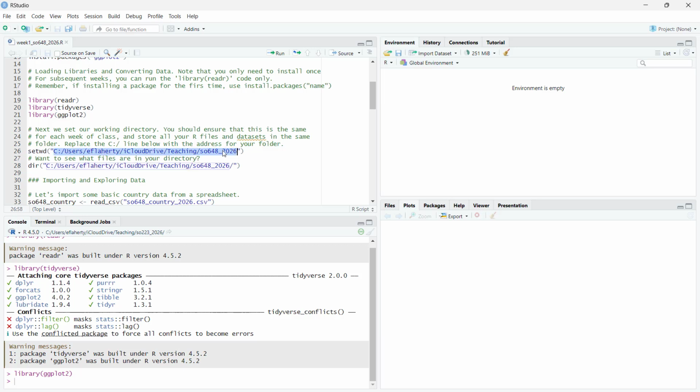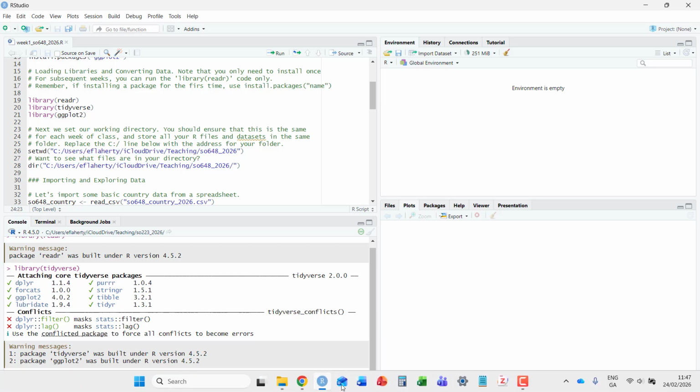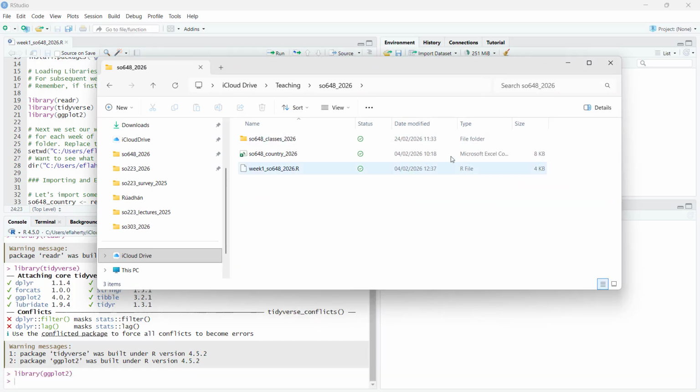But what you want to do is replace this part of the code with your file path. How do you do this? Well, you simply go to your folder, and if you're doing this on Mac, you just need to go through Files, and you'll see here at the very top, we can access our file path in this little viewer bar. So my folder is located in C users, eFlaherty, in my iCloud drive, in a subfolder called teaching,